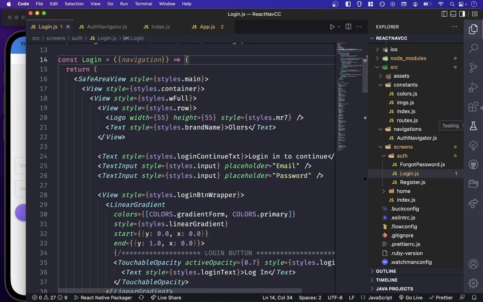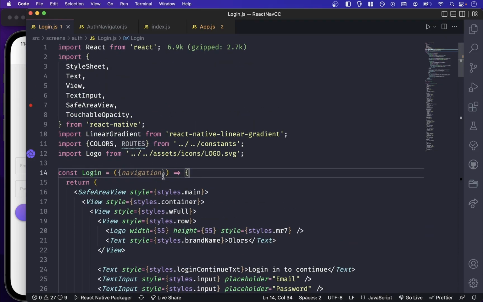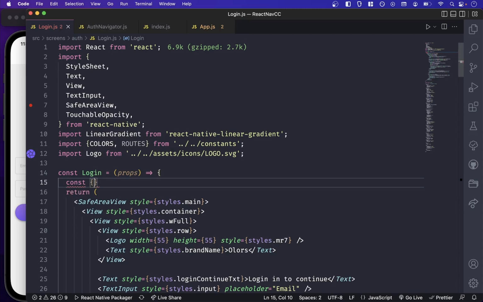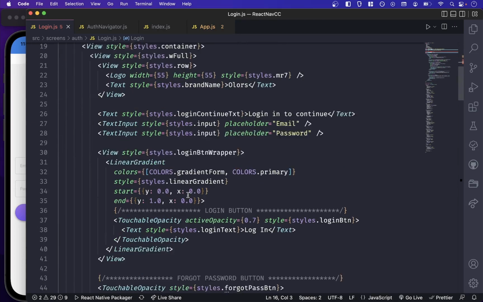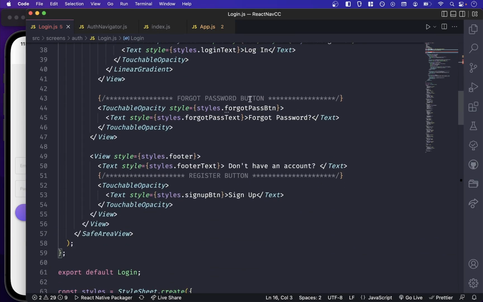Navigation is gonna come as props. You can do it this way or just destructure it. Props, and there's this navigation